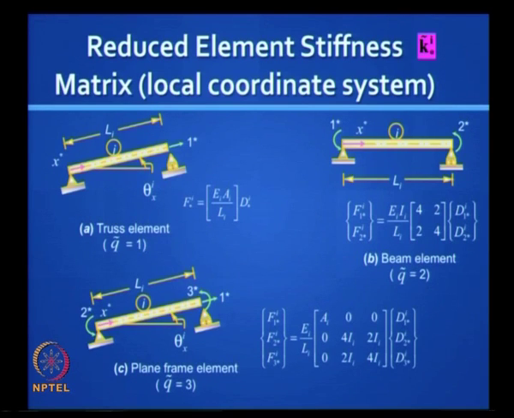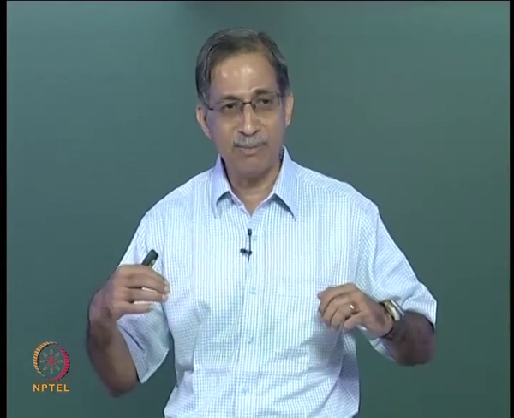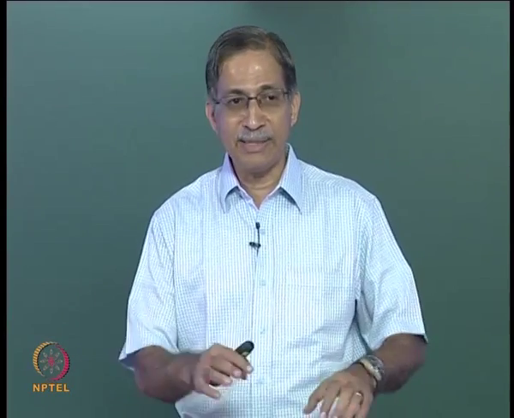We looked at the truss element, where you have only 1 degree of freedom reduced. We looked at the beam element, 2 degrees of freedom. We have chosen, just for convenience, a simply supported arrangement. You can very well choose a cantilever, but let us not get confused, we will take one at a time. The plane frame element is a combination of the truss element and the beam element, so you get 3 degrees of freedom, and the 3 displacements correspond to 1 translation and 2 end rotations. In terms of forces, 1 axial force and 2 end moments. Now you may ask, what about the shear forces? They are statically determined. Once you have got the end moments, you have got the shear forces.